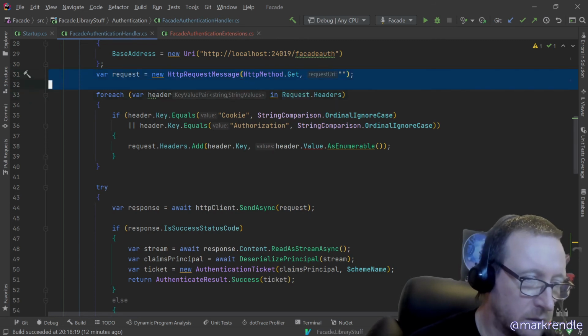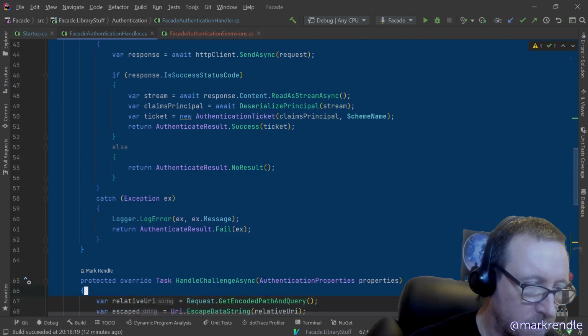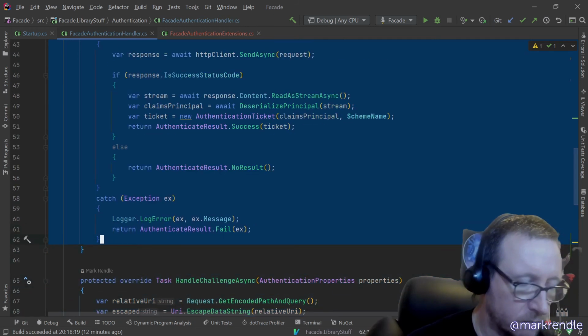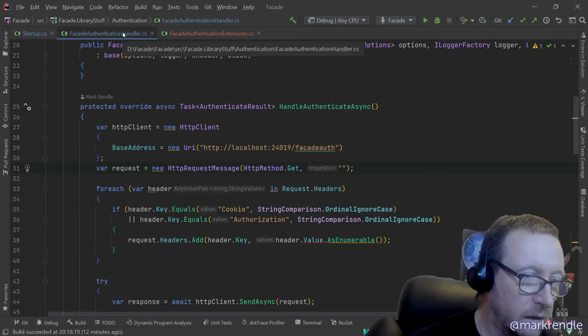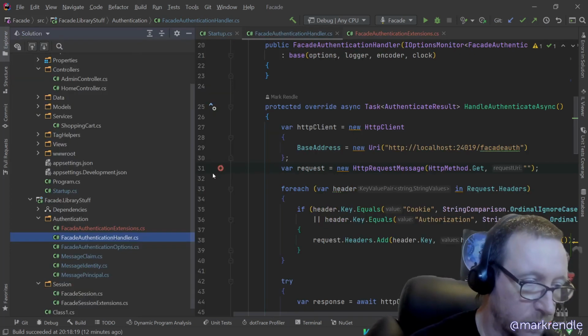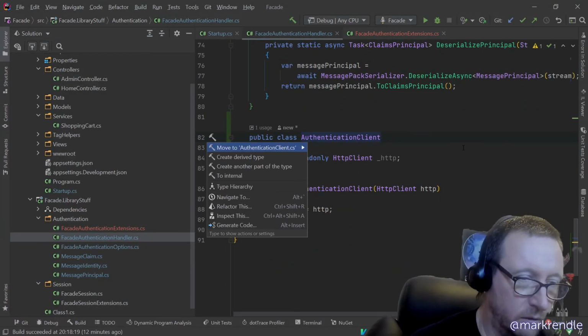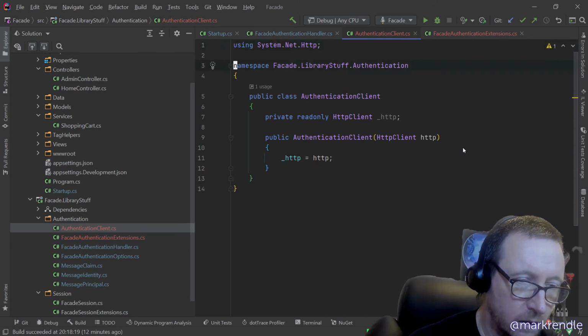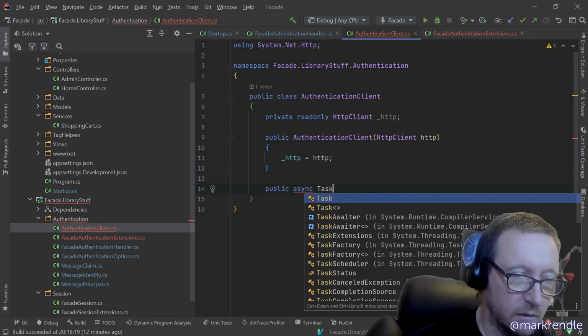Well, let's just copy this code out of here and we'll put it into our authentication client. You can go into your own class and we'll say public async Task